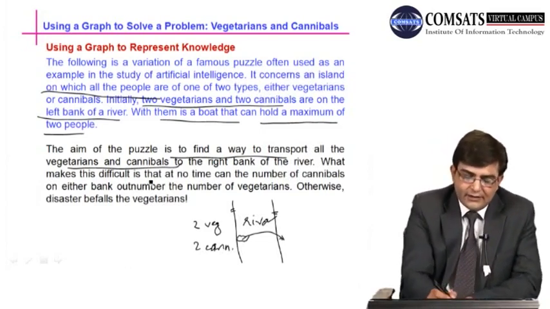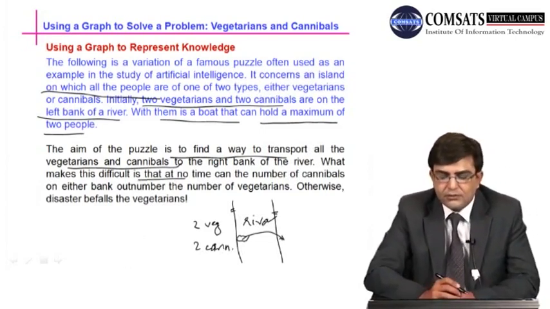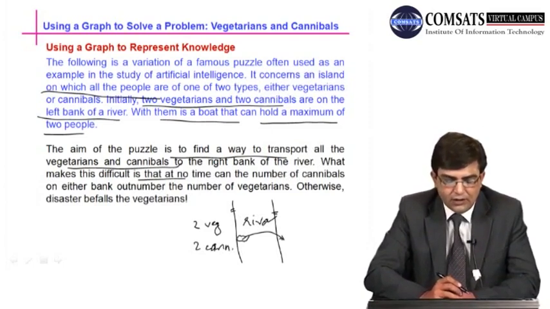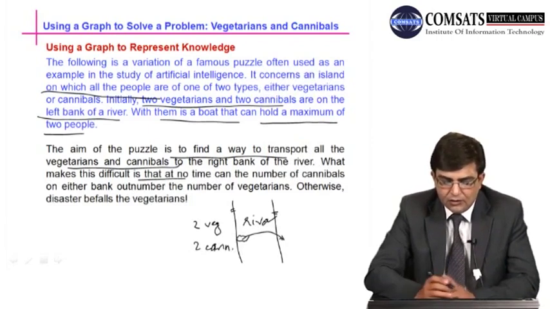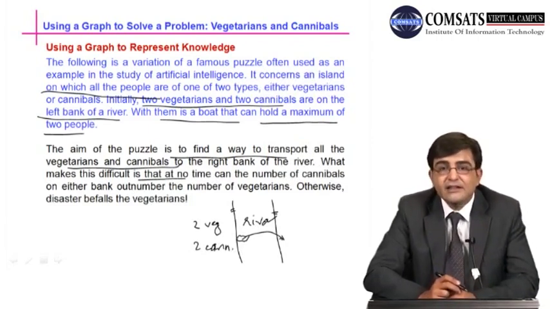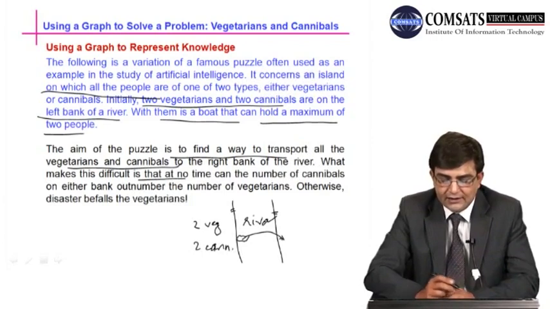What makes this difficult is that at no time can the number of cannibals on either bank outnumber the number of vegetarians. So what is the condition, what is the difficulty in this puzzle is that